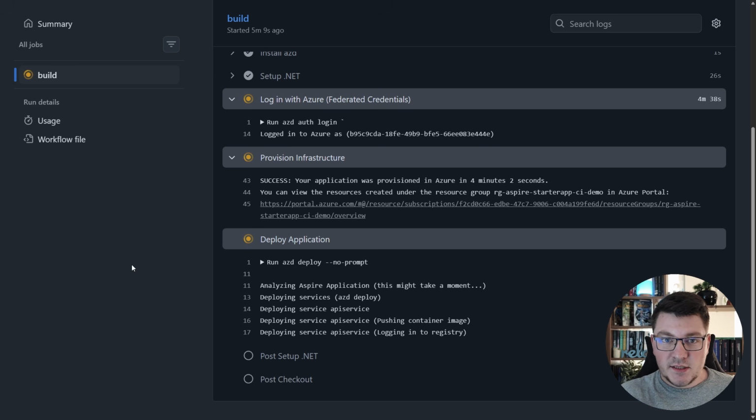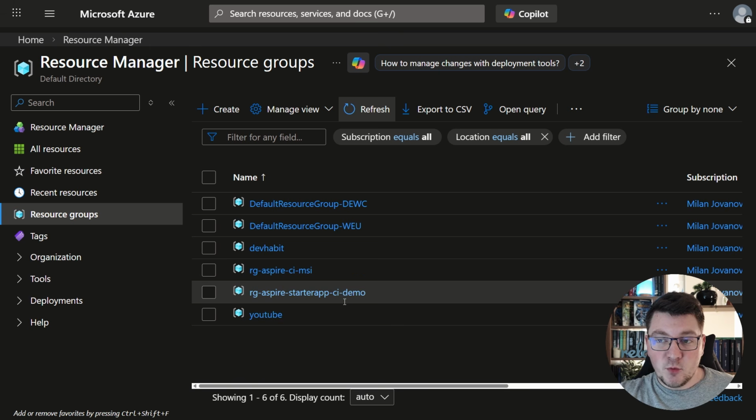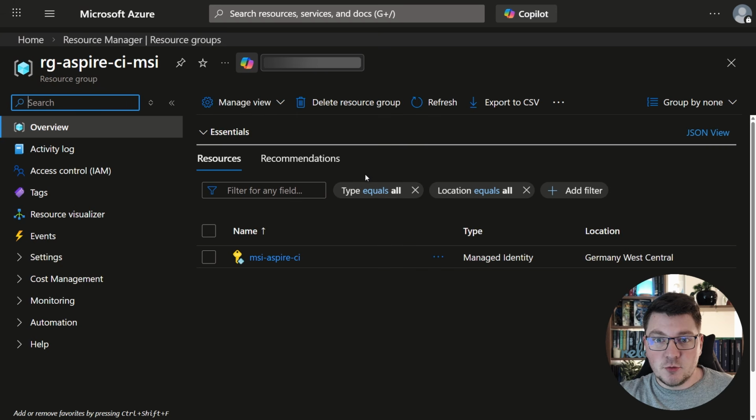And now it is deploying our application to Azure using the Azure Developer CLI. And when this completes, we'll be able to access our application live, hosted on Azure. Now, while this is running, let's take a look at the Azure portal to see what was actually created for us. If I go into my resource groups on the Azure portal, we can see the resource group for our